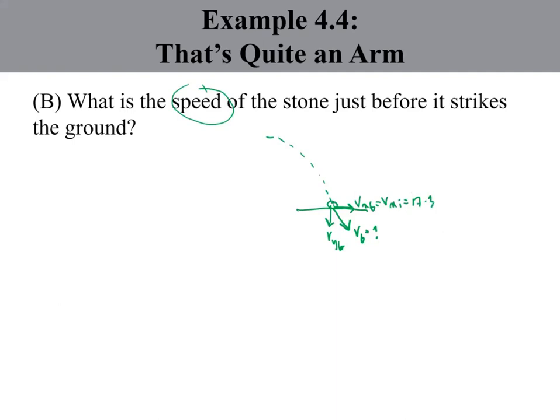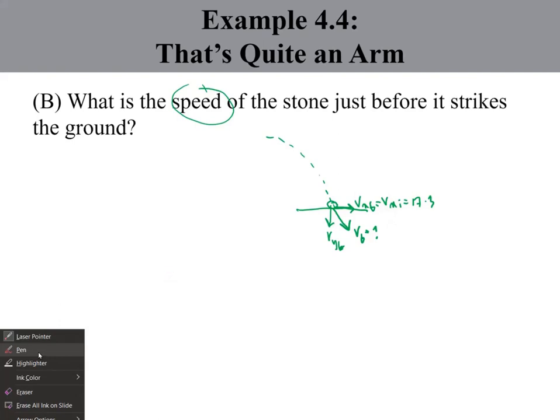So we need to find vy, and once we find vy, we already have vx. Then we use the Pythagorean theorem and we can find v final. So to find vy final,